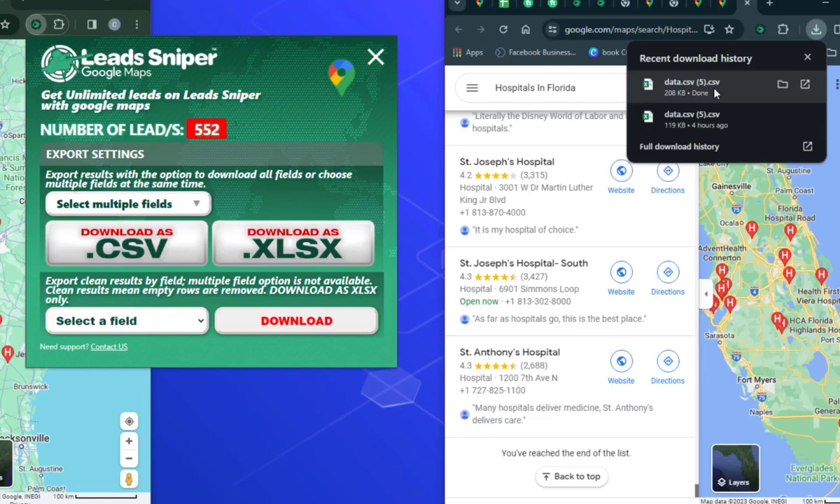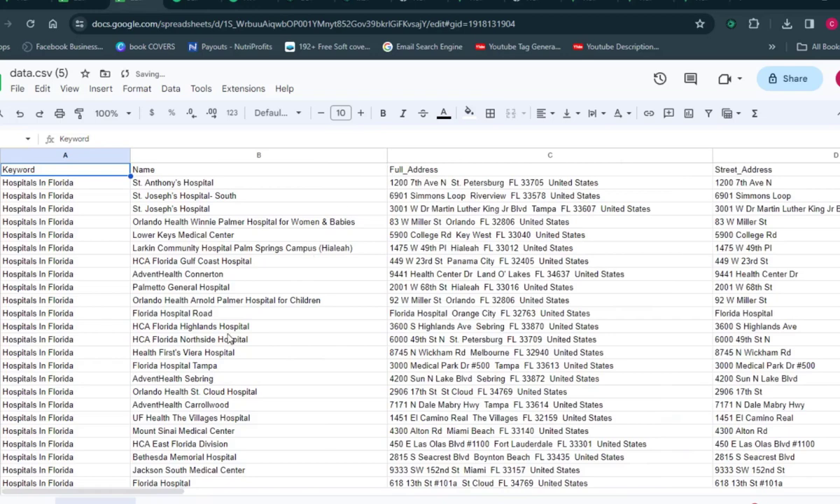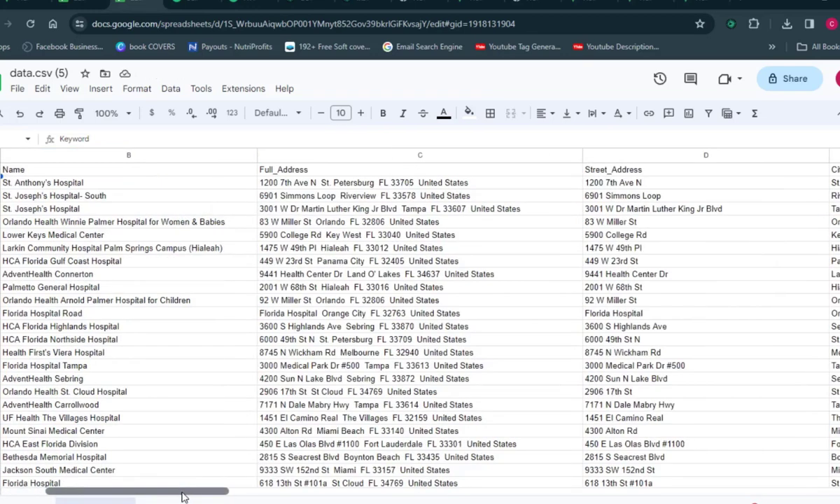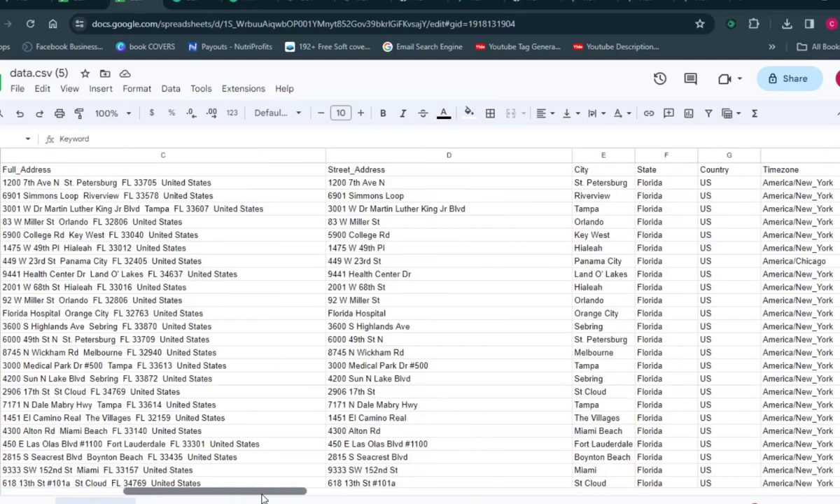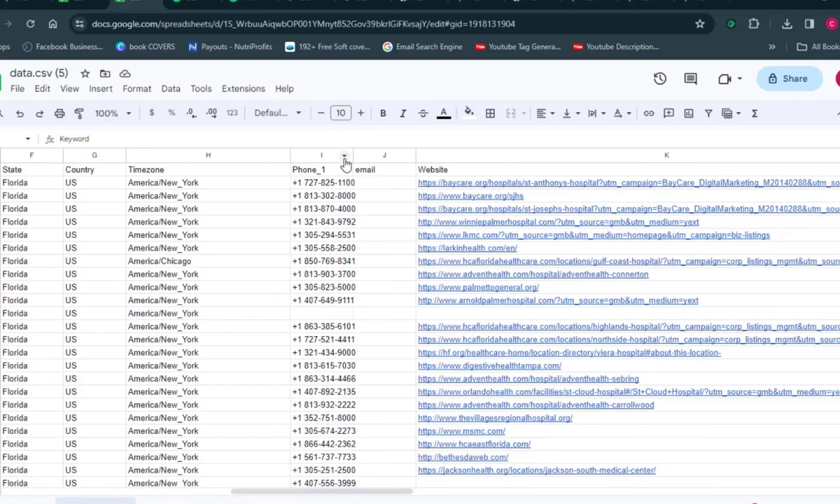So all I have to do right now is wait for it to get downloaded, and next thing I'm going to do, guys, is open up the file, but click on the file manager icon there so as to open the file. You can see this is actually what the file looks like here on my laptop screen. So guys, you can see with Lead Sniper you will be able to generate thousands of leads,